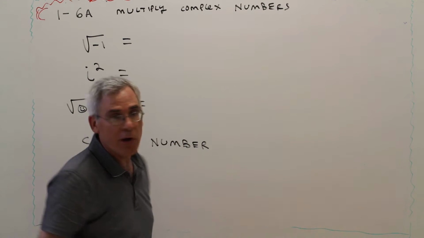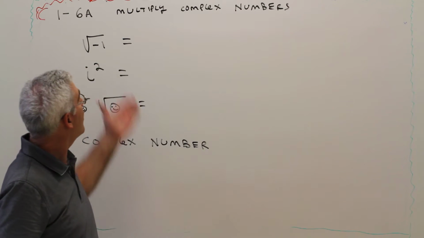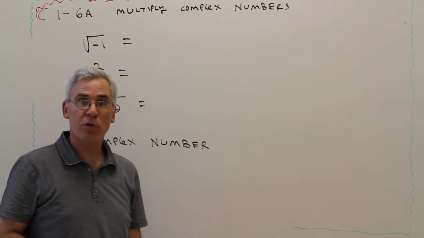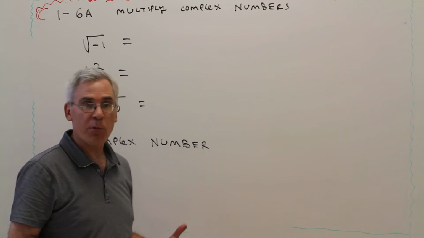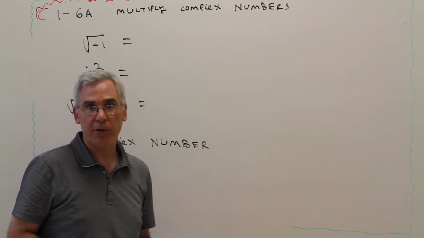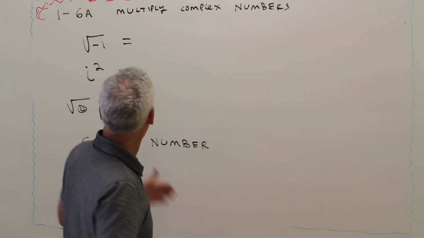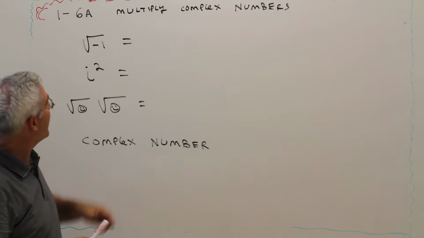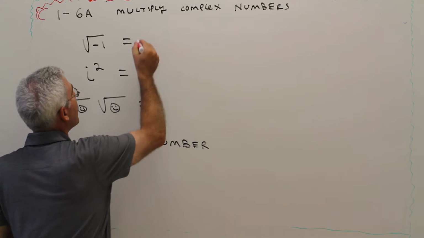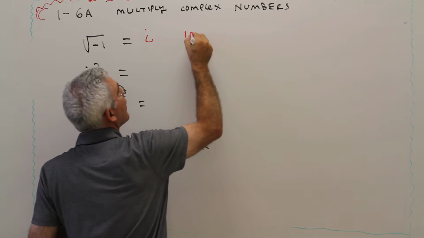This is lesson 1-6A. We're going to multiply two complex numbers. Before we do that, I need to give you a little bit of background. First off, the square root of -1 is defined to be i,